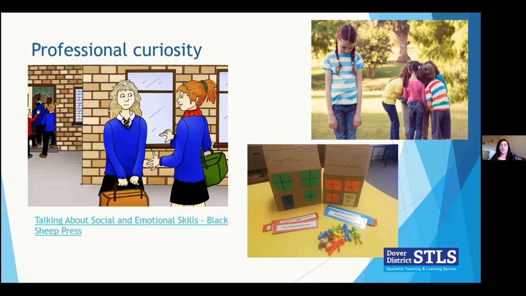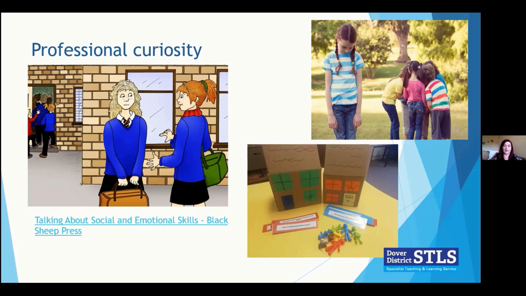Another way to do this is showing children video clips and asking them to analyse the behaviours they see and interpret what might happen, how the characters are feeling. This can be done with lots of different scenarios. So you could do it with soap operas, for example, or you could do videos of themselves when they're interacting, just so they can analyse how people are feeling, how they're feeling. It provides children with a method to explore aspects of their lives in a safe and secure way, rather than being on the spot and having to think quickly. It's a way of rehearsing communication and making them feel safe and secure in their own knowledge.